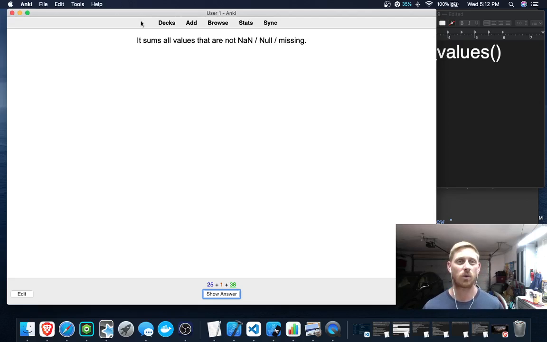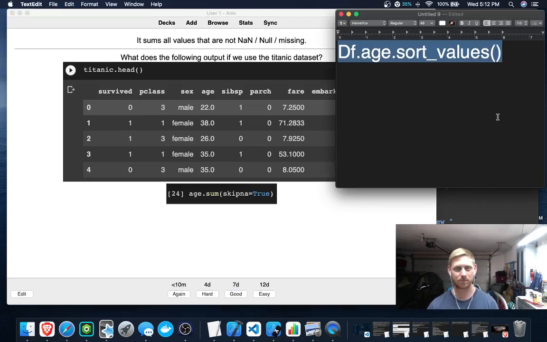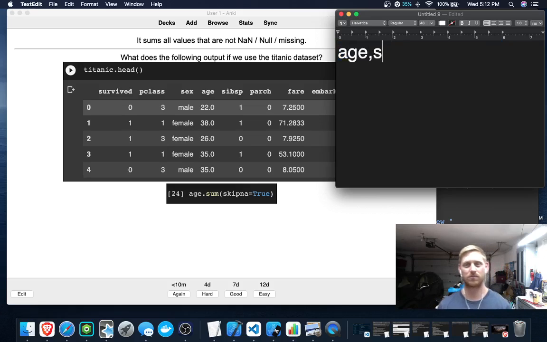So what sums all values that are not NaN, null, or missing? It sums all values that are not NaN, null, or missing. This sounds like a riddle. What would sum all the values that are not NaN, null, or missing? Is not null an option? Let's see. Age.sum skip NA. Okay. Age.sum